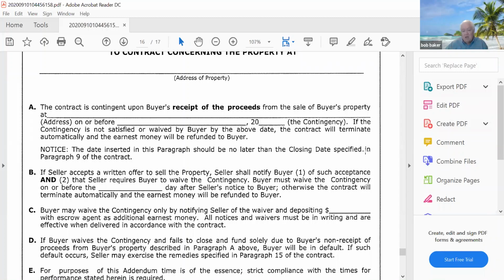In his mind, the paragraph no longer applied. So the seller didn't have the ability to kick out the buyer. Well, that's wrong. What we have is a dispute on the number of days. It didn't make the whole paragraph go away. If the buyer says,